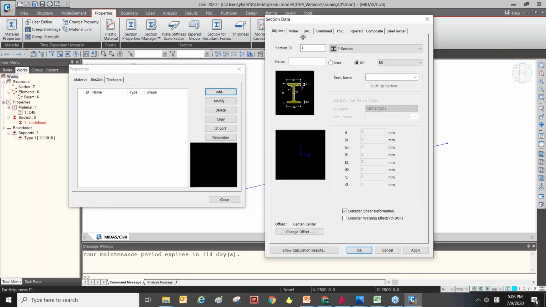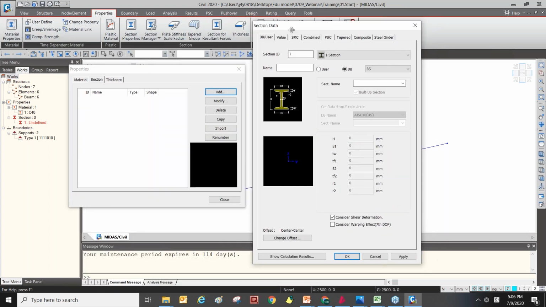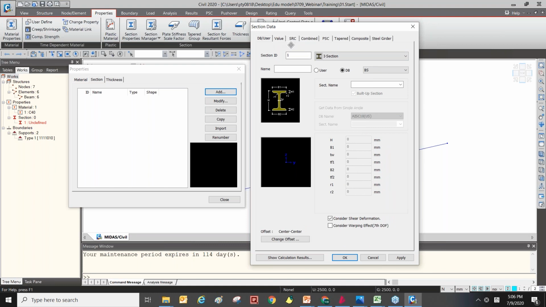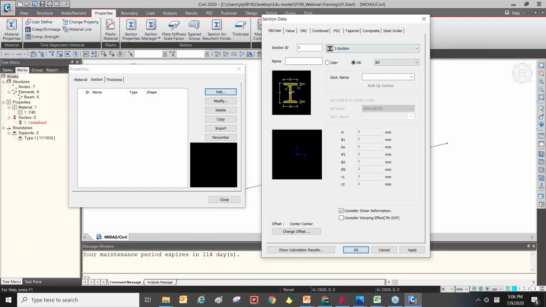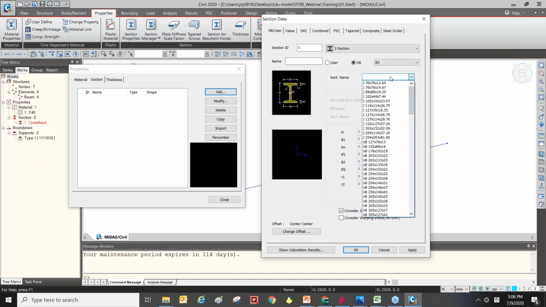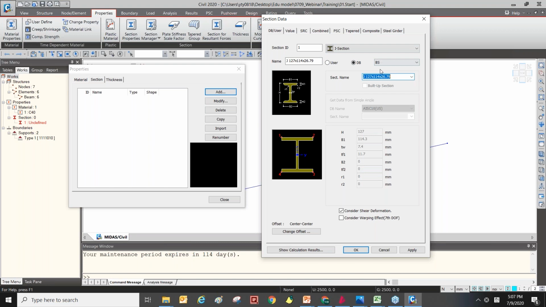The Section Data dialog will open, and you can define the section properties here. You can select from the database for each national code, or you can input directly for your section. So I will create a simple model here.